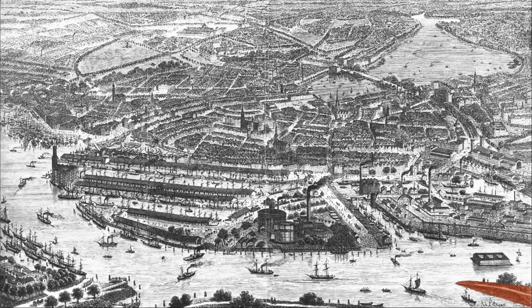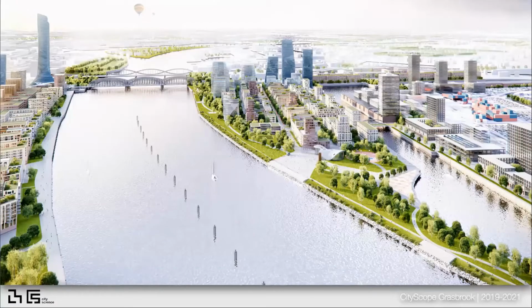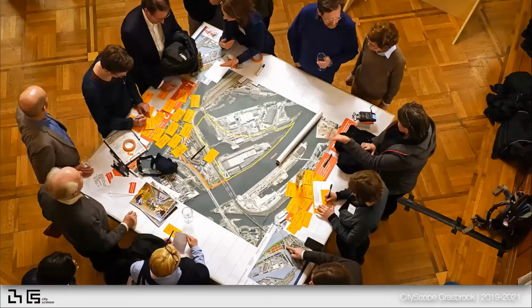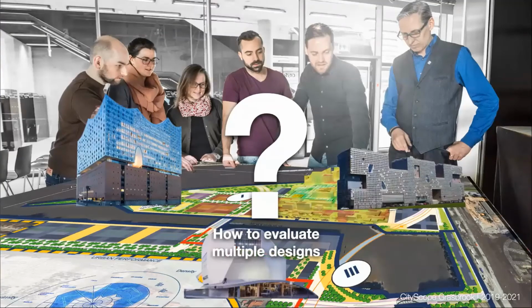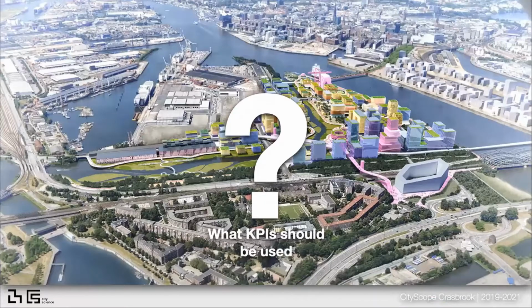And in the last 20 years or so, there were many, many different proposals for this site. And the German way of doing things is very much based on the public and on community engagement and participation. But they brought us into the loop when they found themselves struggling with evaluating the different designs of the site. So how do you evaluate between the Herzog & de Meuron to the MVRDV to the BIG to all of those